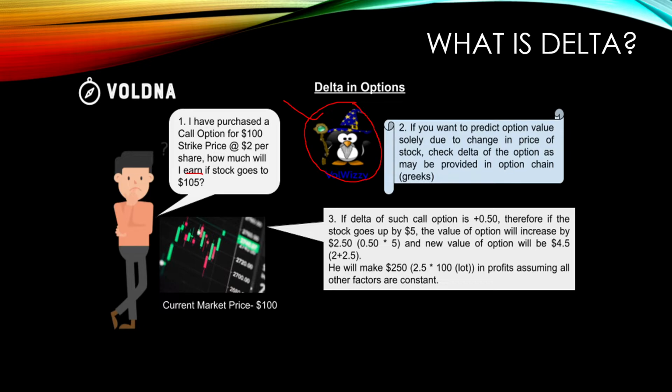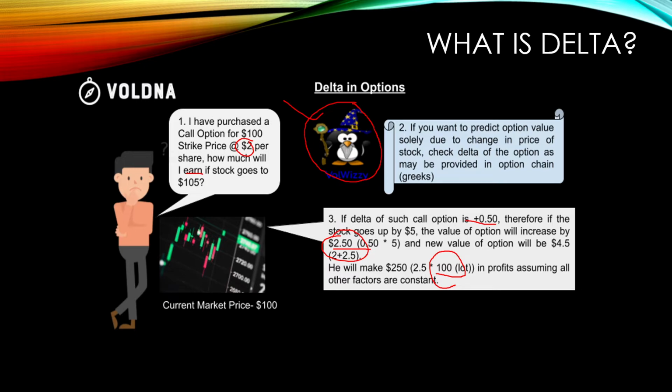If you want to predict option value solely due to change in price of stock, then check delta of the option as may be provided in the option chain. If the delta of such a call option, because I'm talking about at the money here, is 0.50 and the stock moves up by $5, then the option price will move by $2.50 and the new option price will be 4.50, the original price of 2 plus 2.50 the change in price due to a rise of stock. You will make $250, yes, because generally there are lots of 100 in the option market, but